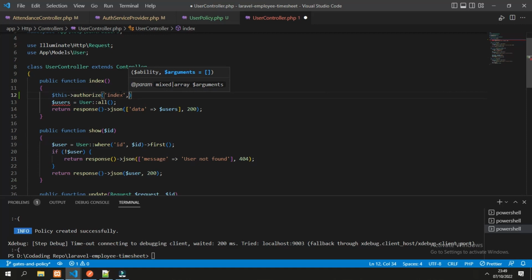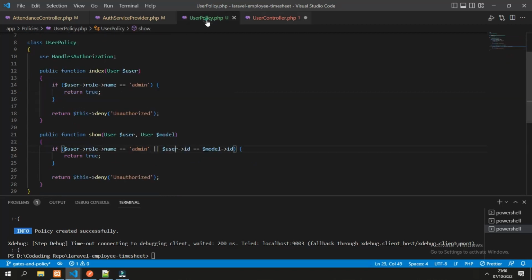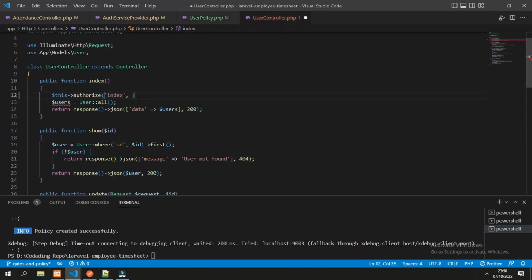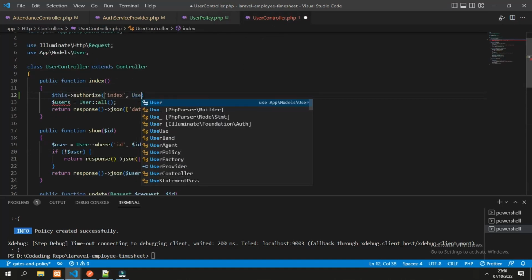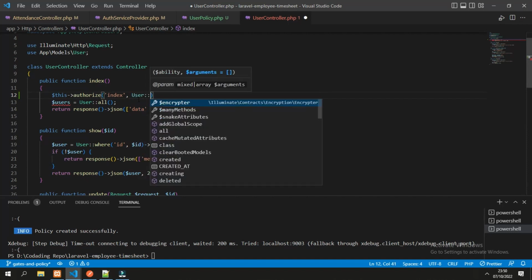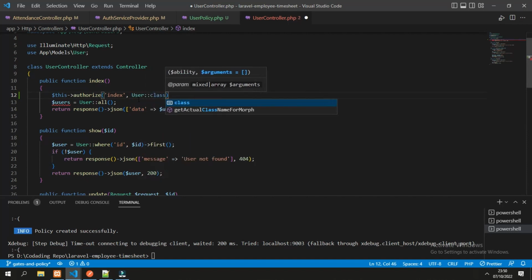And for the second argument is the model, but because we are only expecting one variable in here, we can just give the class, the empty class. So this would be okay.